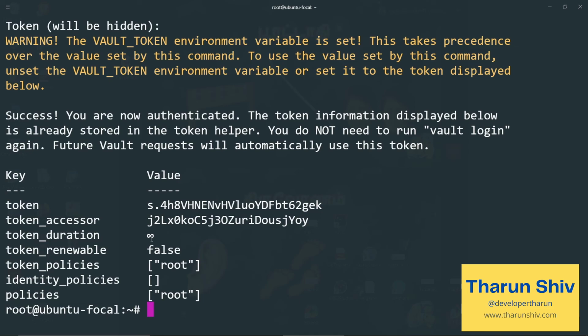In this particular episode, we have set up the dev server. It was really simple and straightforward. We have even logged in, so you can go ahead and enable the key value stores or the PKI store, the SSH stores, and start using them. So there is nothing more to set up when it comes to the dev server. But in the prod server, you will see in the next episode how we configure it, how we pass the configuration, how we set up the TLS certs, the TLS connection, etc. So super excited to see you there in the next episode.